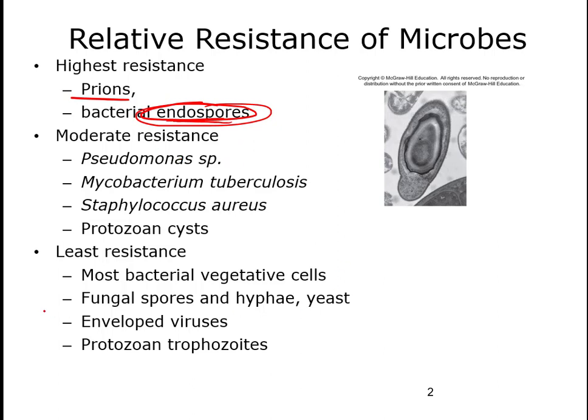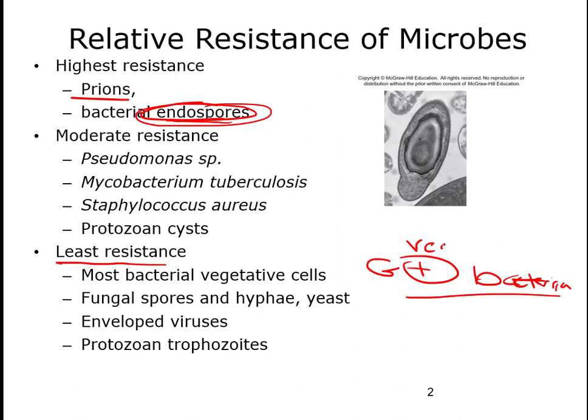Now, the easiest thing to kill, the least resistant forms of microbes, by far the easiest pathogens to kill are any type of gram-positive bacteria that are not endospores, so the vegetative cells. Remember, vegetative cells indicates they're actively growing. So actively growing gram-positive bacteria are pretty easy to kill. In addition, fungi, active fungi, the fungal spores, yeast, enveloped viruses are pretty easy to destroy, and protozoa and trophozoites,